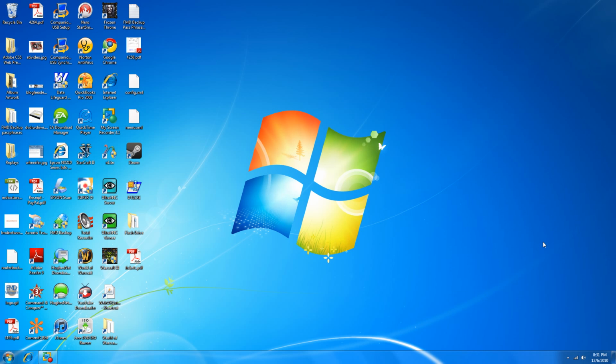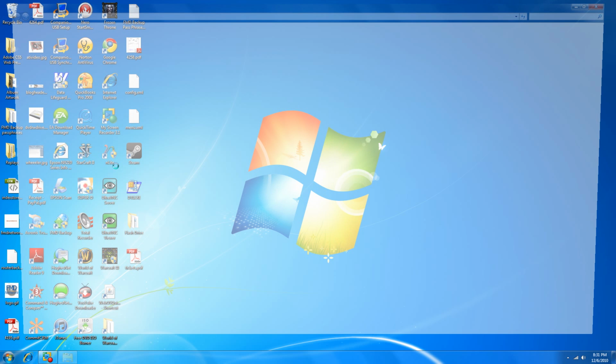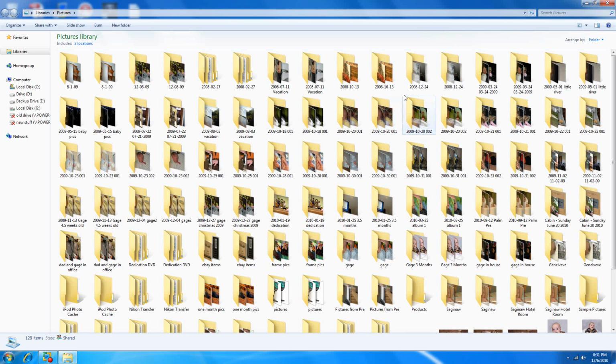But if you just want to back up to a CD or a DVD, this is how you'll do it. The first thing you want to do is go to wherever your pictures are located. If you're running Windows Vista or Windows 7, they should be under Start and then Pictures, and it will load all your pictures. If you're running Windows XP, you probably will have to click Start and then go to My Documents and then double click on My Pictures,